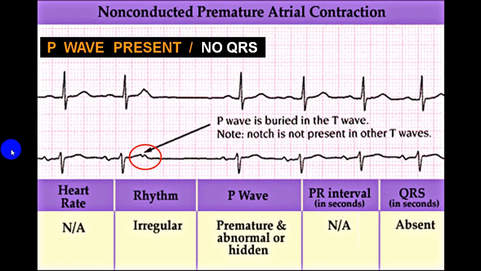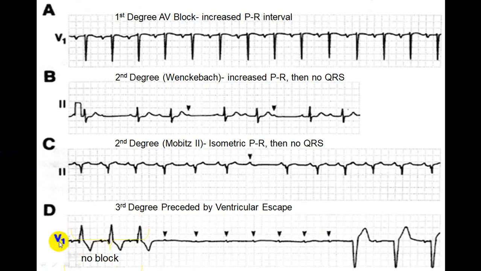So the P wave is present, but there is no QRS complex. Again, you can see here in this Mobitz type 2, there is a P wave here, and suddenly this P wave is not followed by a QRS complex. So there will be no ventricular contraction. You will have no pulse and there will be no apex beat also, so the apex will be absent and the pulse will also be absent. There will be no apex-pulse deficit, but this is irregular. Usually in these conditions, we can get regularly irregular or sometimes irregularly irregular rhythm.